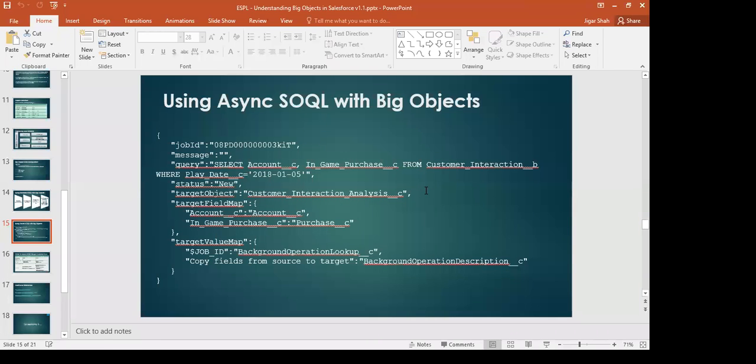So an async SOQL is typically nothing but a SOQL that is executed in an asynchronous fashion via a REST API. That's how Salesforce has implemented it. And what you really do from an async SOQL standpoint is you specify 4 important parameters within your async SOQL. And those are